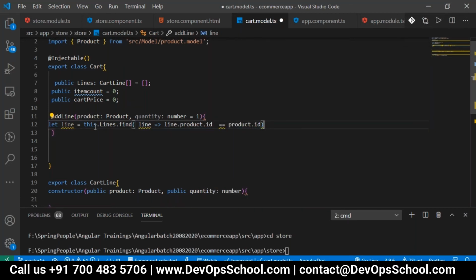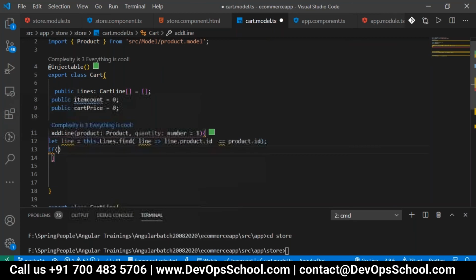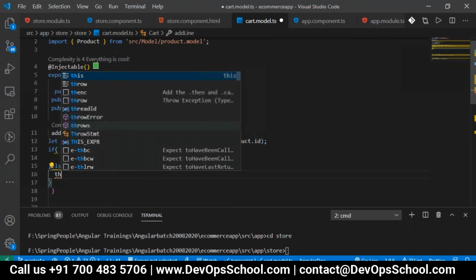If for the first time you are adding this product to the cart, we check if line is undefined, meaning for the first time you are adding, then it should add the product.